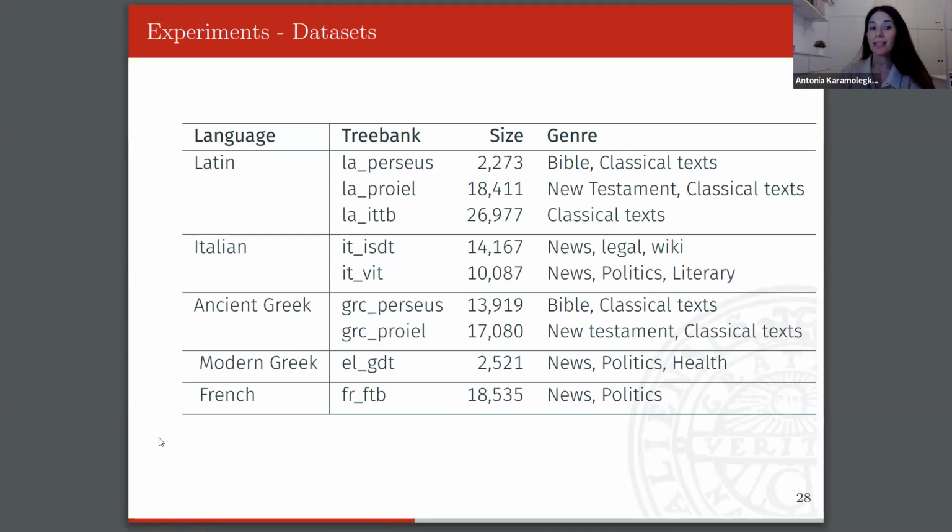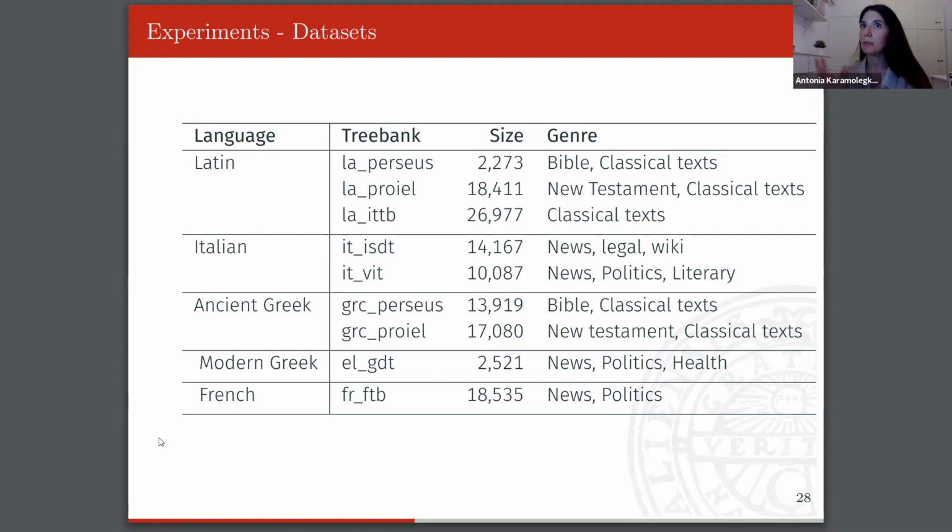And since there are some treebanks created by the same annotation projects, and we have similar content, such as Perseus and PROIEL, we tried more than 1 treebank for each language. And in this way, we wanted to examine whether the content of the treebanks and the fact that they have parallel data in some cases affects the results. And for Latin, we used Perseus, PROIEL, and ITTB treebanks, all the available treebanks actually. For Italian, we used the ISDT treebank and the VIT treebank,